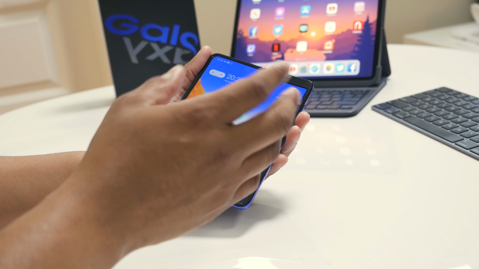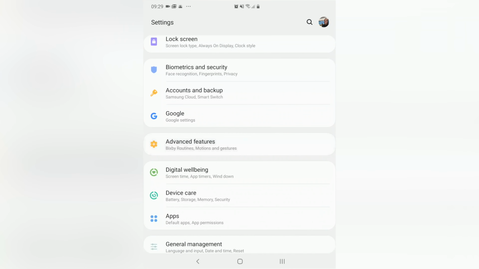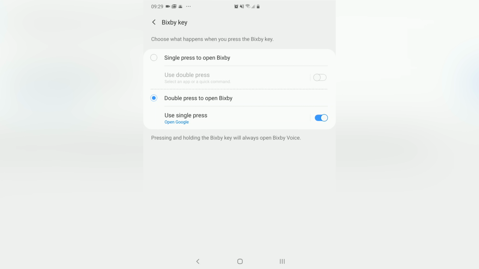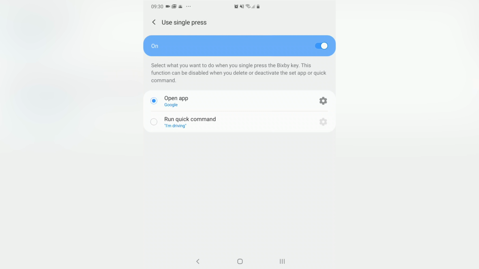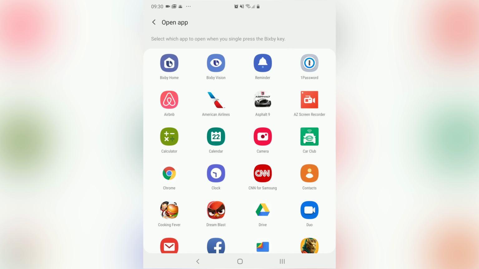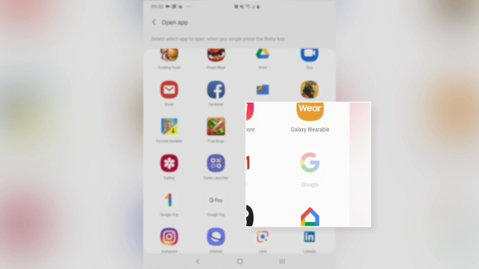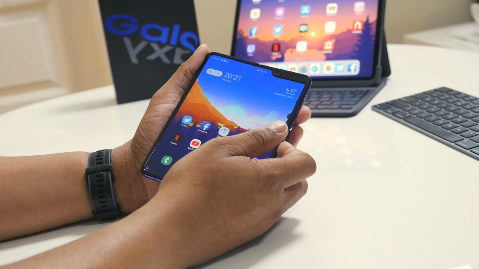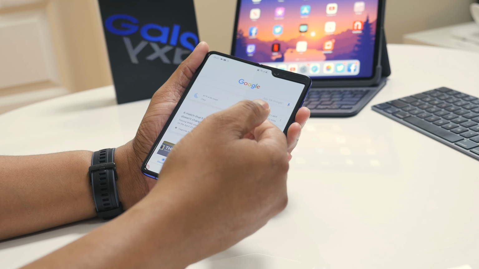So you can go into the settings and then go into advanced features and then Bixby key, and then you can choose whichever one you have selected there, and I'm going to use single press, and then I'm going to have it open up a particular app. I actually need to tap on the settings thing, and then you can choose to have it open up like the camera app or CNN, or I like to have it open up Google, and I already have that selected. So now when I just press on it once, like so, it'll open up Google,